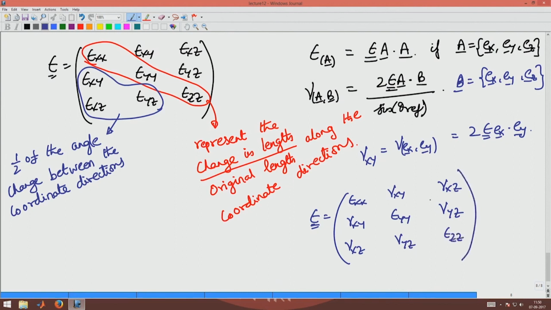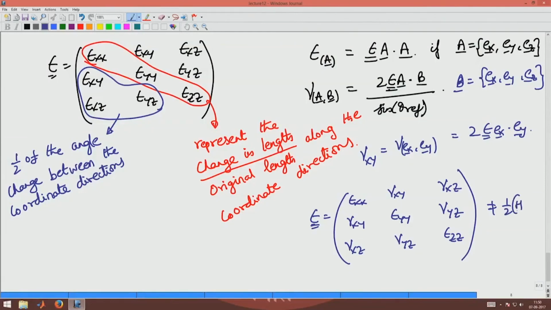Where this is not a tensor any longer, because it does not come from proper tensor calculus or tensor algebra. This is not equal to 1/2 H plus H transpose like what we defined. This is not a second order tensor, so the transformation rules for this will be different. We did not want to take that approach, and hence we are defining strain as a second order tensor